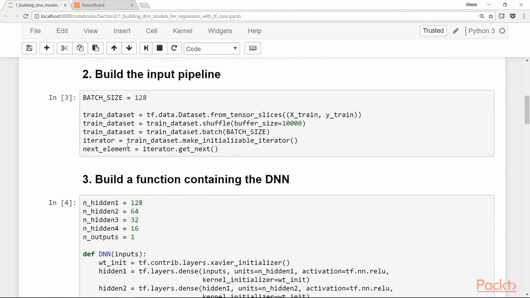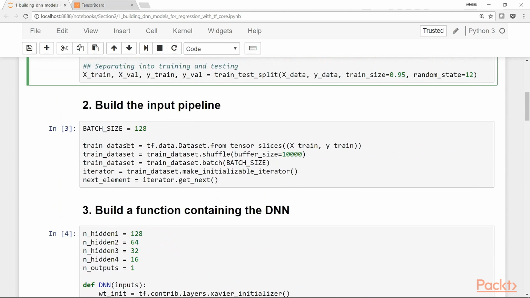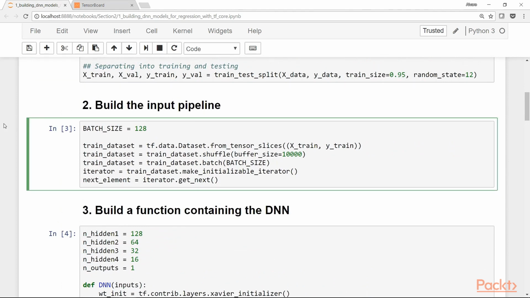Okay, now step 2 is to build the input pipeline. We're using here a batch size of 128. Now, as we discussed in the previous section, getting data into TensorFlow is not that easy, but we can use this dataset API that we talked about before to build the input pipeline for these models. So we create here the dataset, then we shuffle the dataset, we divide the dataset into batches in this line, and then we create the iterator object,